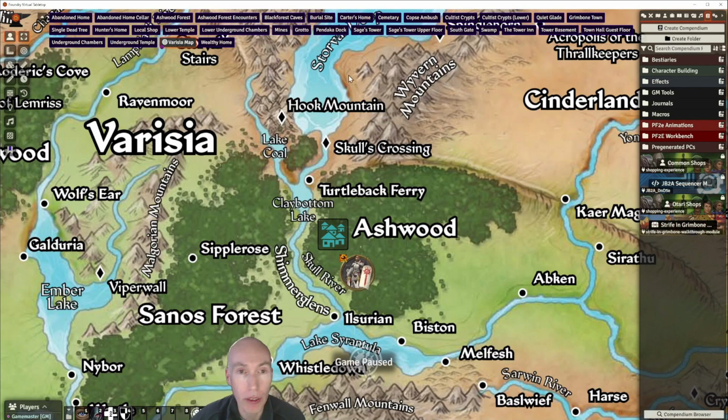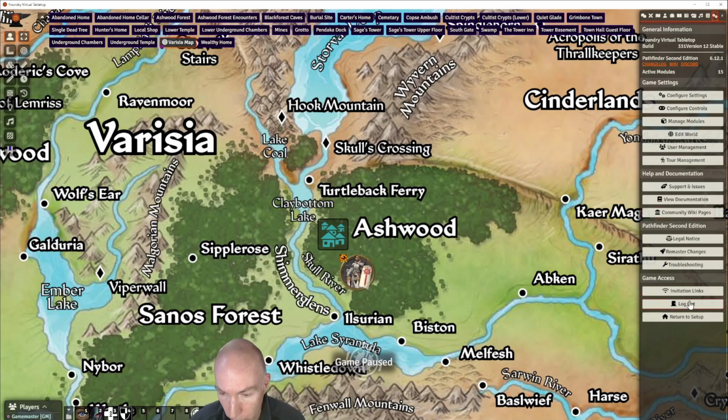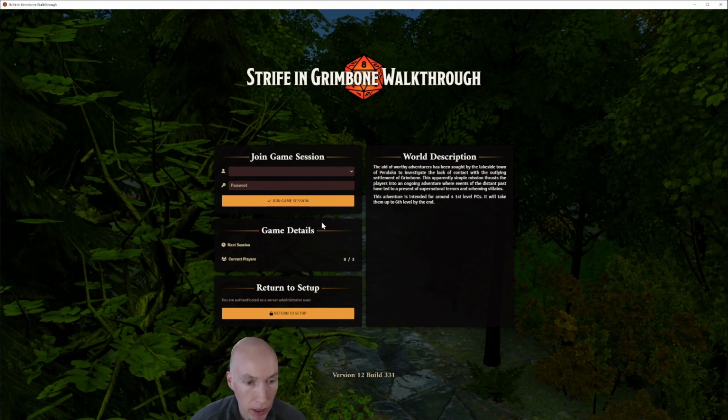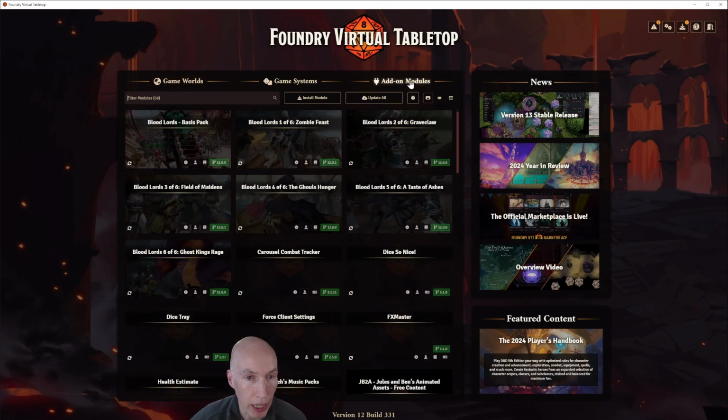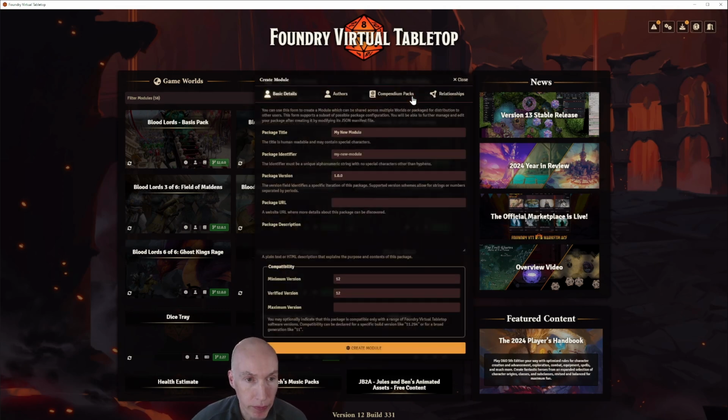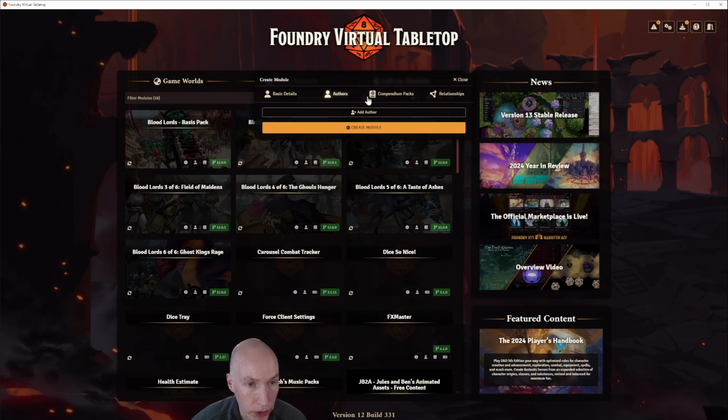And we would create a module, if we recap, if we log out for a moment, go into our setup, add-on modules, and this is how we would create a module. We would enter the name, Strife and Grimbone walkthrough. The package identifier is the unique version of that. We would choose a version of our game. We would see what versions of Foundry we're running. We may or may not want to add authors, depending on how egotistical we are,